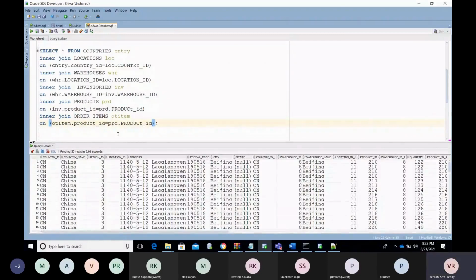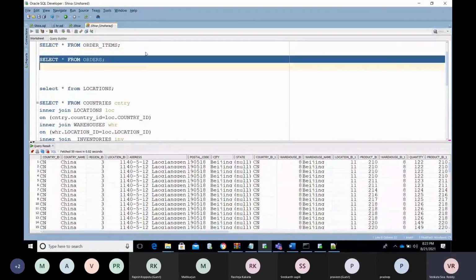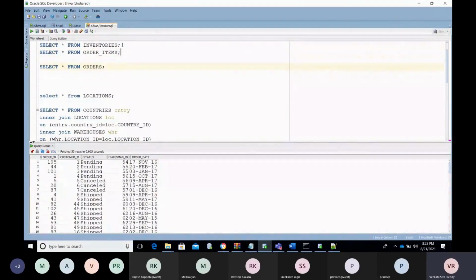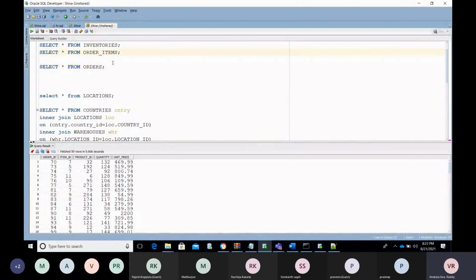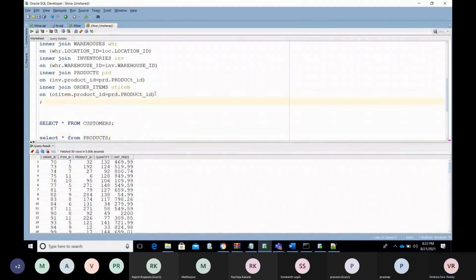From this table, we need the order date, right? If you need the order date, we'll use the order table, which has the order date and all those things. If you want to use this order item and the order table, what is common to these two tables? We have order ID for these two. Understand? So here I need to use the order table to get the data.